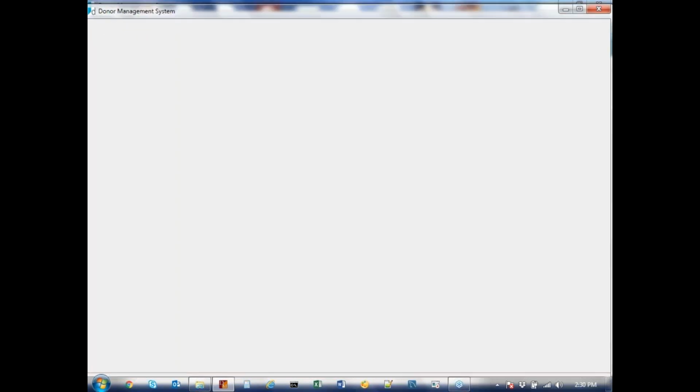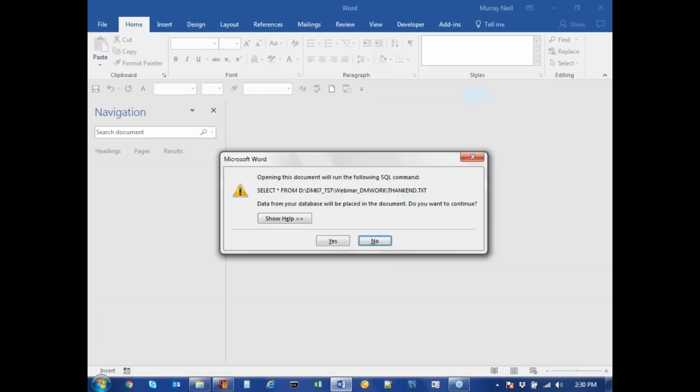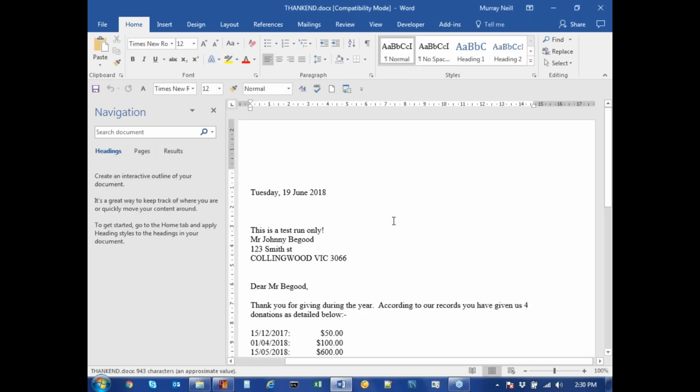So I can simply hit escape on that to close that, and now it opens up Word, and it brings up my document. So typically at the SQL command, I go, yes, I want to include the data from my DM work, it's called thankend.txt, and it now brings up a sample, or the very first one. So if I just make that a bit smaller,